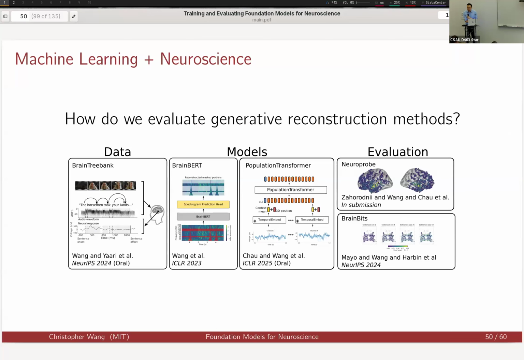Okay, when it comes to classification and representational alignment, like we were just talking about, reporting progress is very straightforward. Just give the accuracy or the correlation. But when it comes to more complicated decoding, like trying to recover the image entirely that a patient was looking at, evaluation becomes more tricky. And I'm going to talk about how we evaluate generative reconstruction methods. And this will be the last project I talk about today.